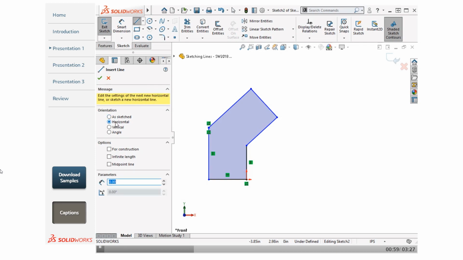The Horizontal option forces the line to remain horizontal as it's drawn, and in this case is parallel to the x-axis. Additional parameters also become available in the Property Manager. The Vertical option forces the line to remain vertical as it's drawn, and in this case is parallel to the y-axis. And the Angle option forces the line to be drawn at an angle, which in this case is relative